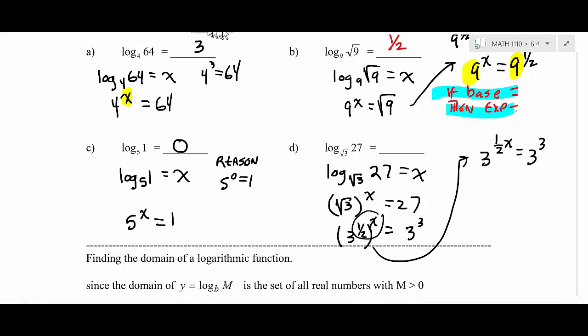Okay, and then again, what we accomplished is the bases are the same. So therefore, we know the exponents have to be the same. So we would have 1/2 x is equal to 3, and that's the equation you'd ultimately solve. So how do you solve that equation? Yeah, multiply by 2 to get rid of the fraction. Good. Okay, so you just multiply by 2. That's the easy way to do that. So it looks like what we'd have is x is equal to